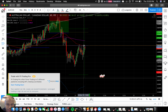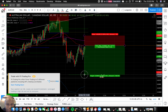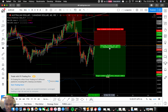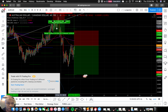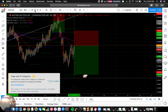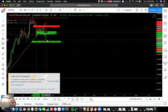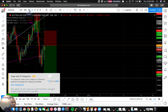Again, this is kind of like a live entry, but it matches the criteria that I have set anyway. So I'm going to do something like that. Probably push this up here. Make sure I get it right in here. Almost 2% on this trade. And just chill. Going to watch it. AUDCAD. Make sure nothing crazy is happening here. There's a big candle though. I don't really like trading off of big candles. I've said that, but